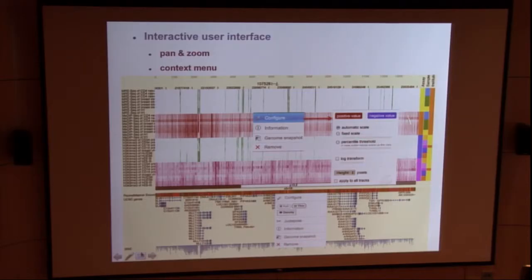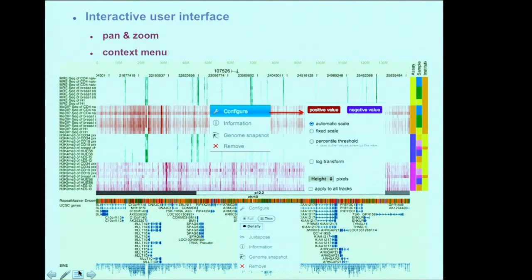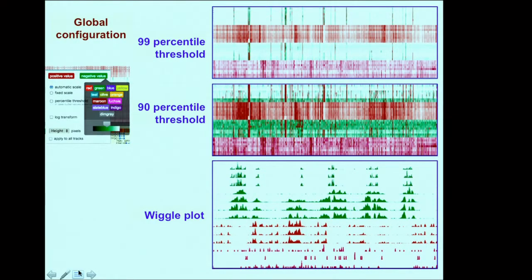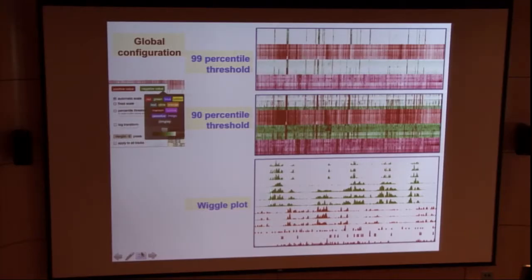And lots of user control. Basically, this part really gives the investigators full control of this tool. You can use whatever color you want. You can change the height and different thresholds. By changing the threshold, you in a way get around the peak finding problem, right? Instead of showing the peaks, you show the raw data. You change the threshold, you essentially define your own peaks. So this is the data at different thresholds.